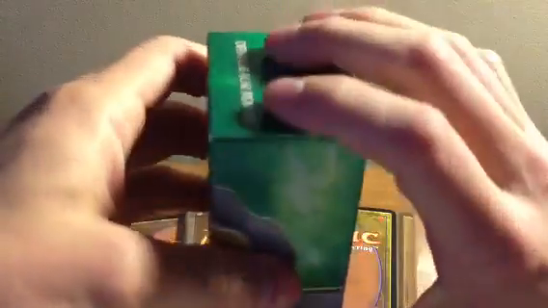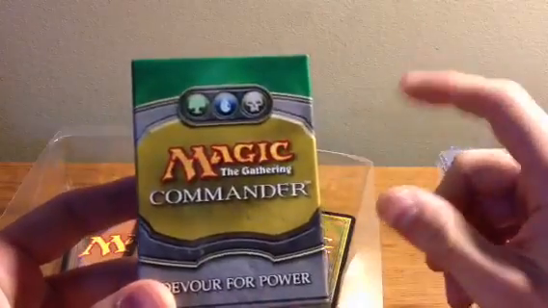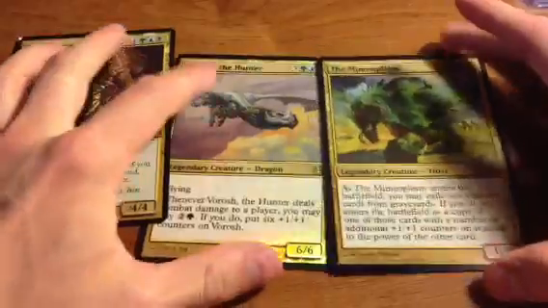Okay, so we got the three. So obviously you got your commander deck. And I'm pretty sure you can't use this while the sleeves are on your cards, which is really annoying. But it's still a nice card storage box. Looks pretty cool. You got your commander cards here. Let's lower the camera. Sweet. Alright, so first one up, you got